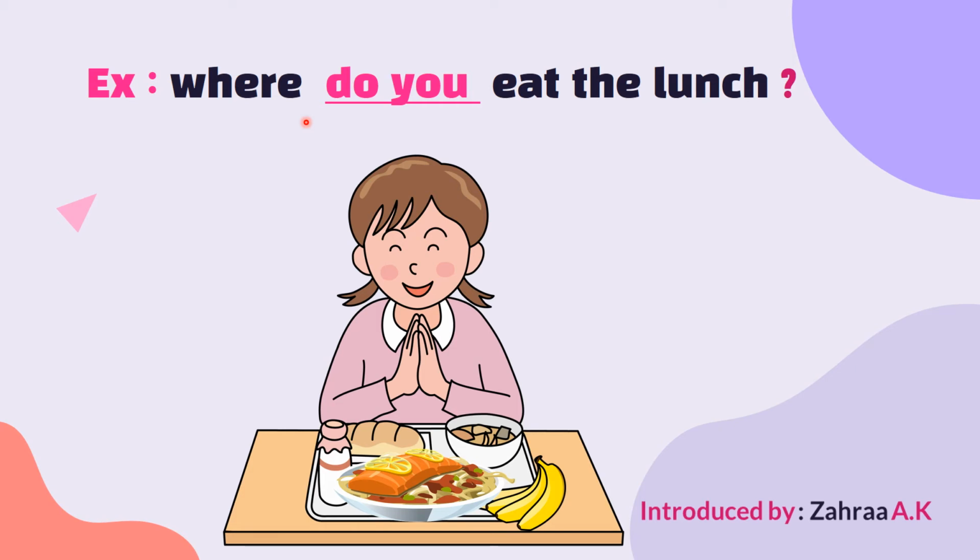بعد أداة السؤال نجلب auxiliary verb، بعدها الفعل المساعد، لكن نراعي إذا كان do أو does. إذا كان الفاعل جمع نستخدم do، إذا كان مفرد نستخدم does. بما أنه الفاعل you إذن نستخدم do. بما أنه الفاعل جمع راح نستخدم auxiliary verb that is do you. بعد do we have the subject، نزلنا الفاعل and then main verb، بعدها الفعل الرئيسي وهو eat. Where do you eat the lunch؟